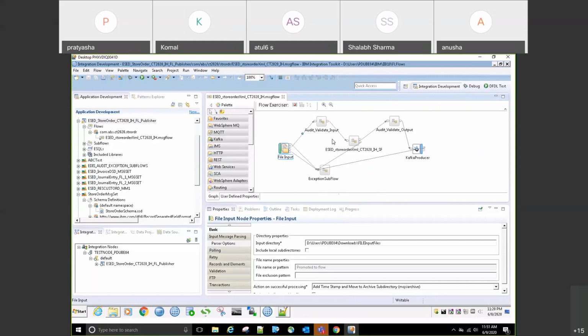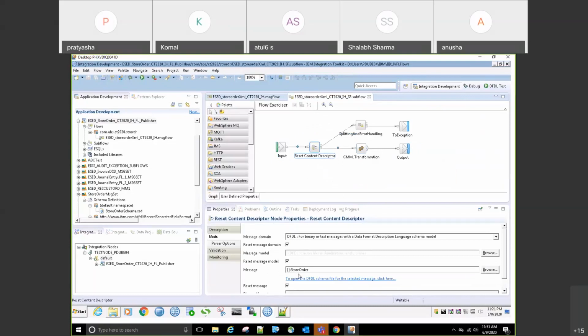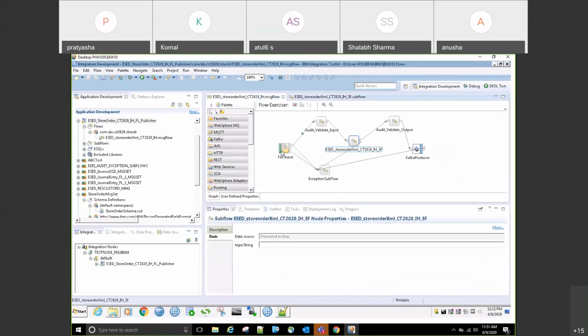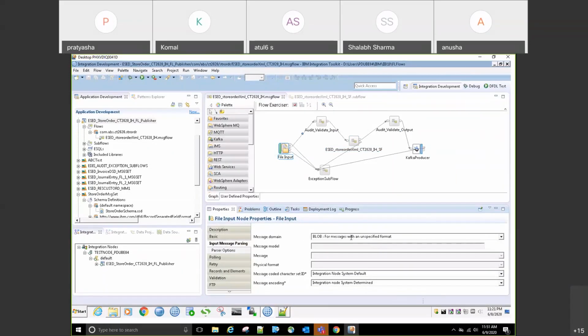The thing is that you just saw that I had a reset content descriptor inside this subflow, where our message set was given a reference to. But from now onwards, we are going to reduce this particular node into the file input itself. So you go to the file input and you go to the input message parsing. Instead of having blob here, you are going to select